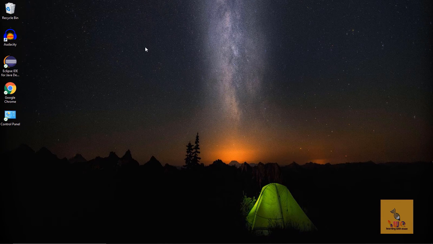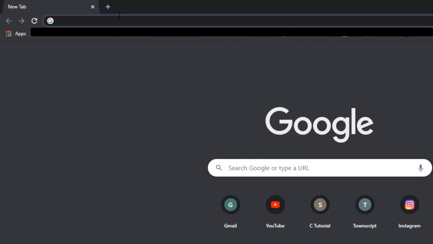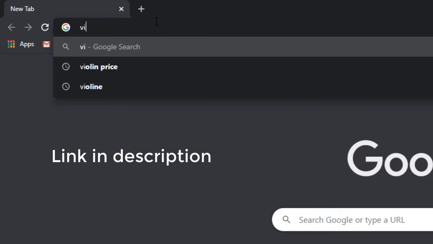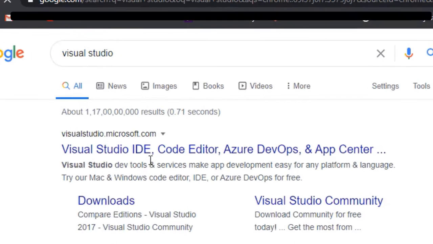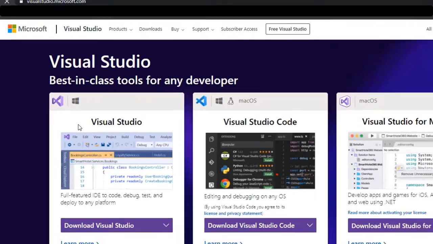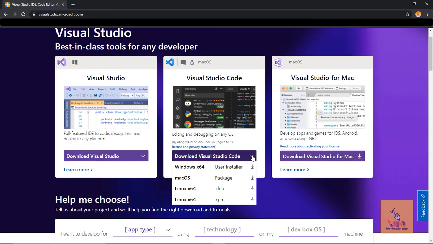So the first thing we have to do is to open a web browser. I use Google Chrome, and then we'll type in Visual Studio Code or Visual Studio. Click the enter button and open the first link. Here we are looking for Visual Studio Code. You need to click the down arrow button, and then you need to download